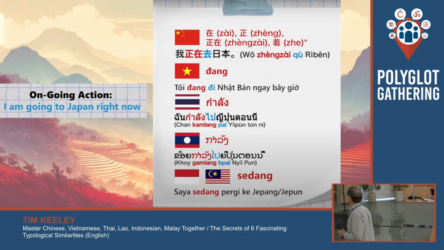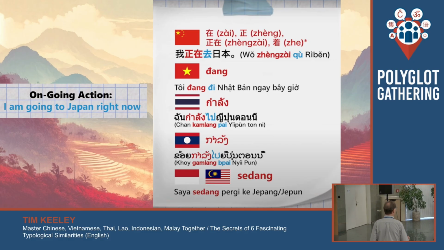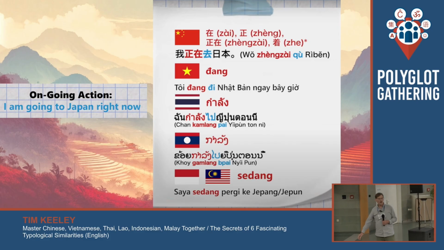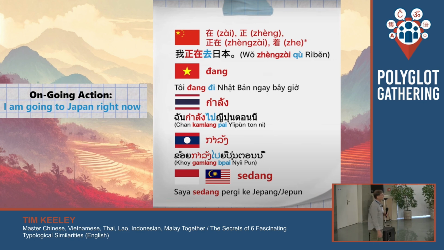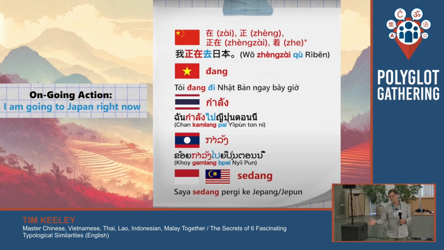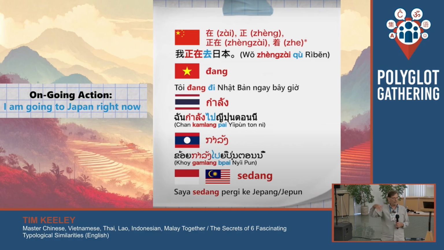Okay, so here we have various possibilities. Look at the Chinese ones I gave you. There's even more than that. They all have slight differences. I won't go through them all, but then you have here zài. Zài is also for 你在哪里, where are you? 我现在在这里, in the Polyglot gathering in Prague. Okay, so it's showing a state that you're in.